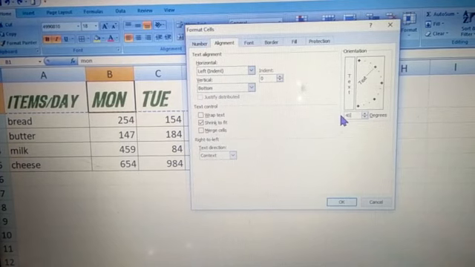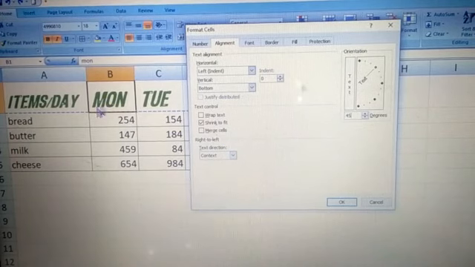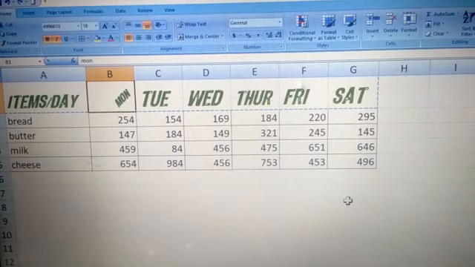I will go for 45 degrees. Now Monday is written horizontally, but now I want a 45 degree angle. Fine. So when I click OK, you can see it changed to the 45 direction. So this is how you can change your text alignments and all.